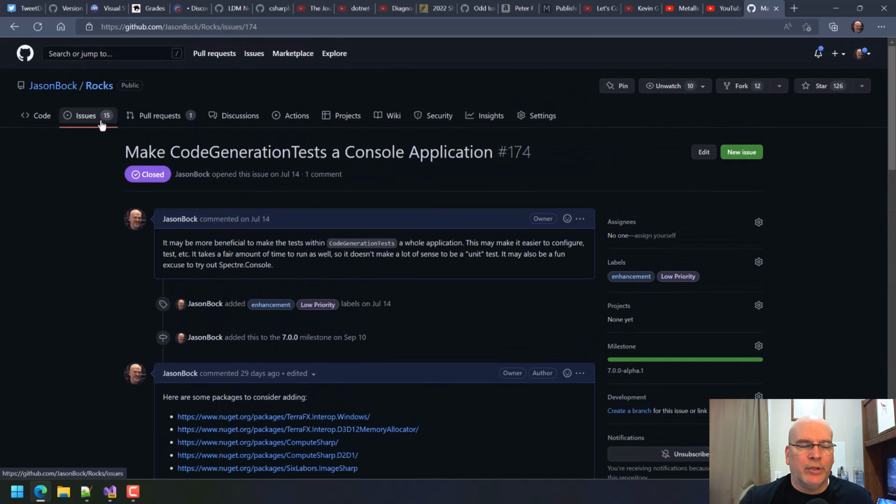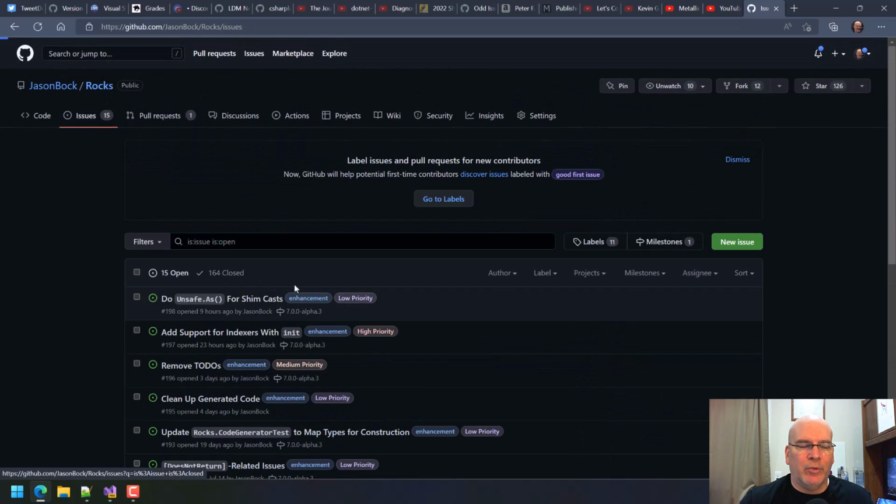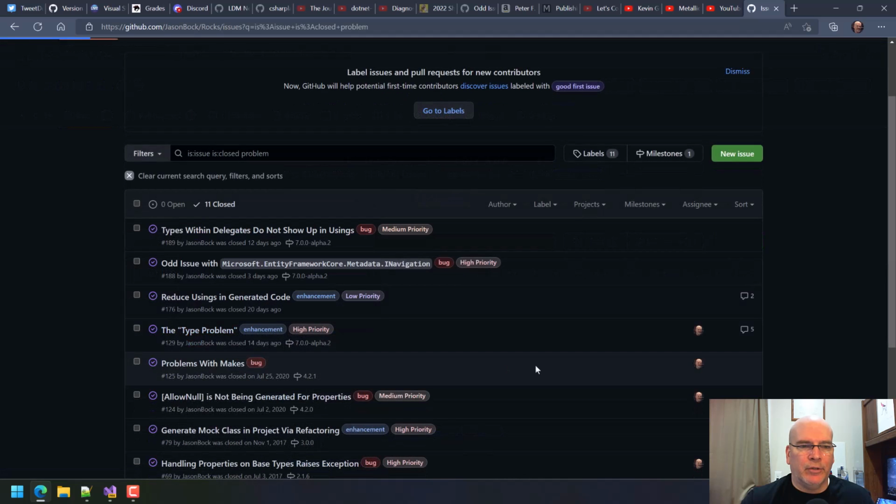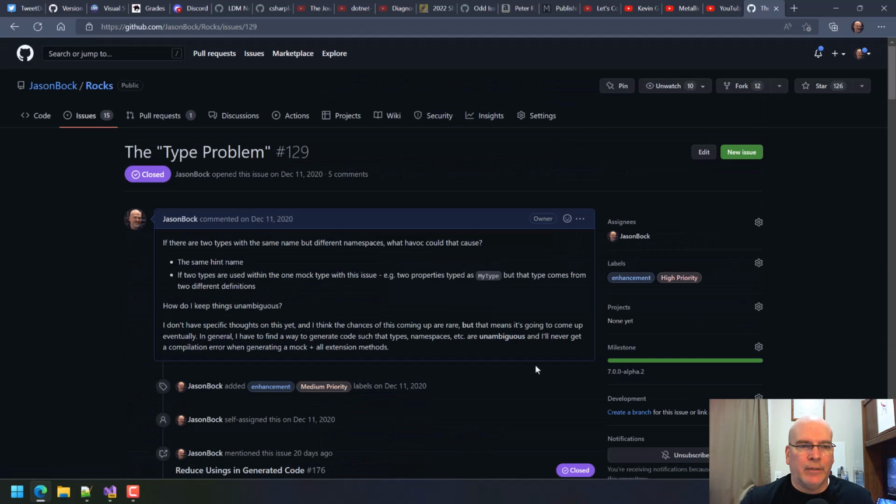There was one that was called the type problem. Type problem. Yeah, I actually finally fixed that, and I don't have it in the changelog. Oh well. So that's actually something else that I fixed. So I no longer use this namespace gatherer. I no longer try to be cute with making the code cleaner in the sense that I just use simple type names. And so I should have done this a long time ago. I now have fully qualified names. I use global:: everywhere.